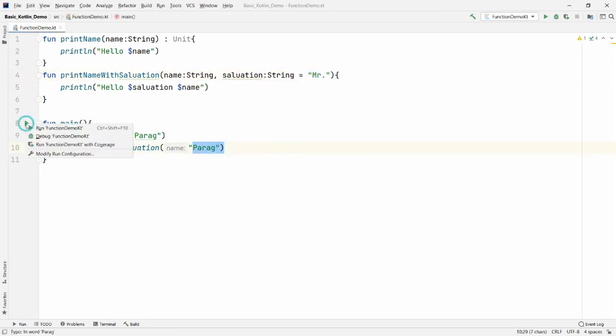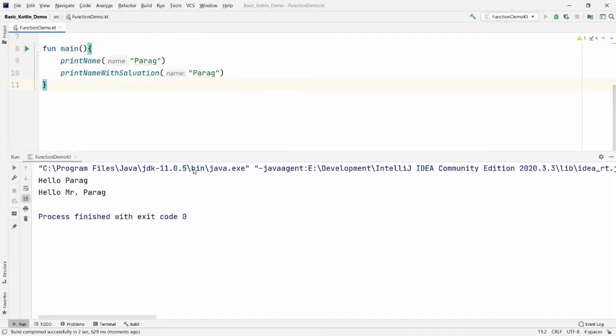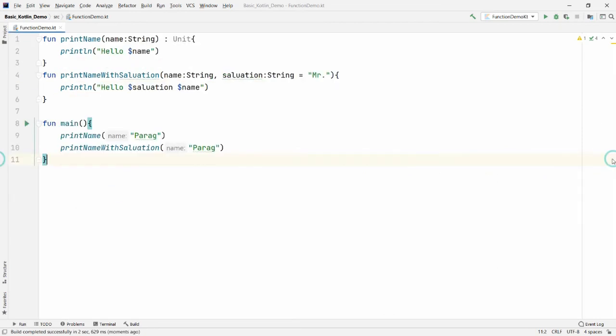So whenever you run this particular file, that is, run the FunctionDemo.kt file, you will get two different outputs. One is hello Parag and another one is hello Mr. Parag. Why am I getting this? Very simple. Whenever you have a default parameter and you are not providing the parameter value, then by default the parameter will be added over here.